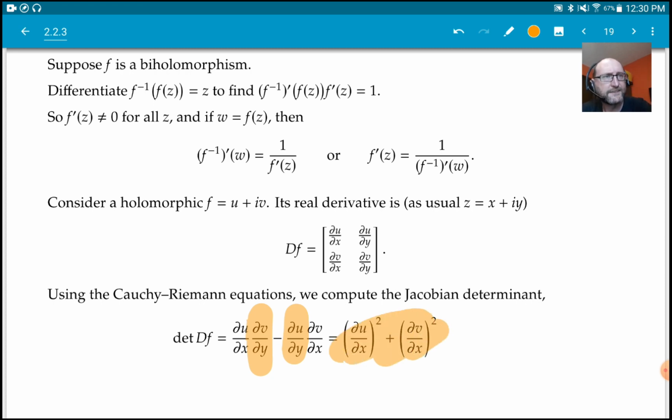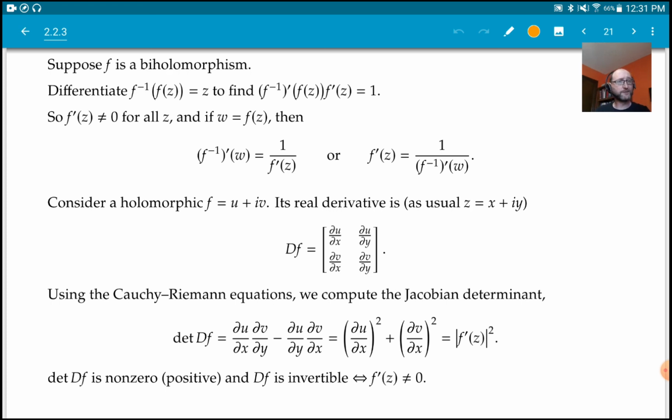and I get this bit here, which is, right, I know that taking the x derivative, for example, if I have a holomorphic function, taking the partial x derivative, well, that gives me the complex derivative, and what I'm doing here is I'm computing the squared norm of the derivative, the modulus squared of the derivative, right? So that's actually kind of a neat computation, right? If you have a holomorphic function, the Jacobian determinant of the real derivative is modulus squared of the complex derivative,